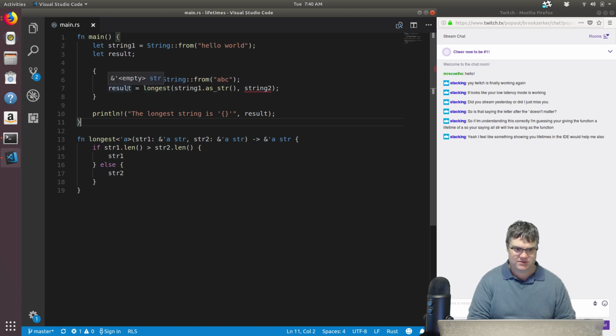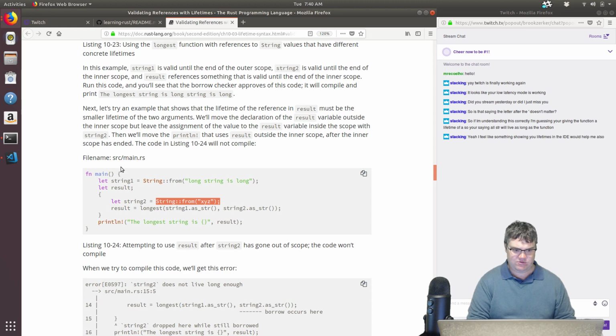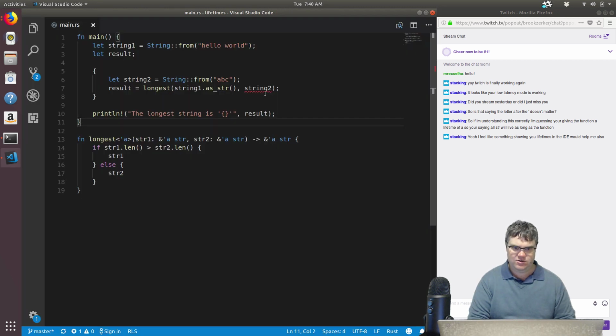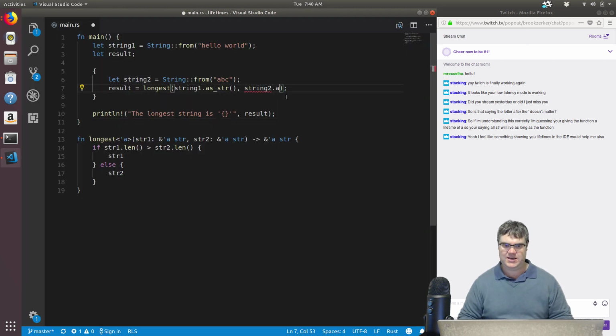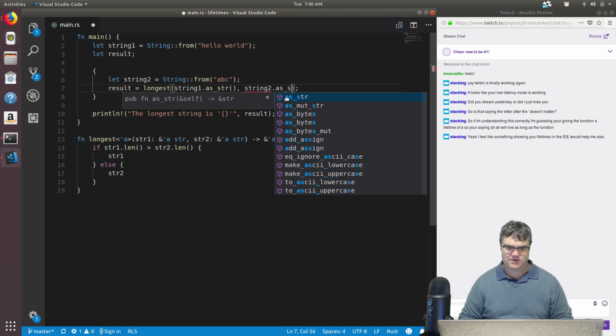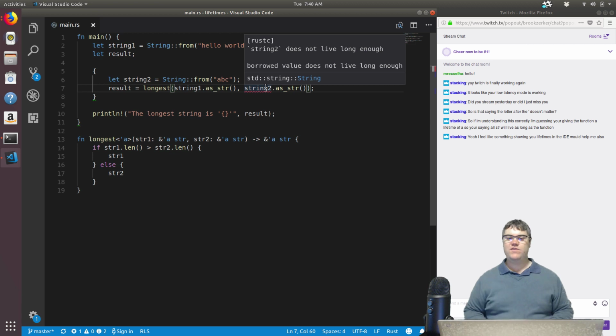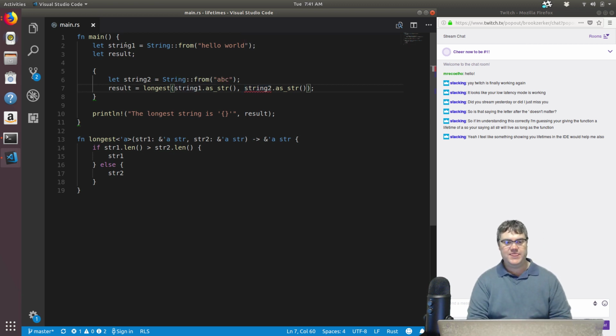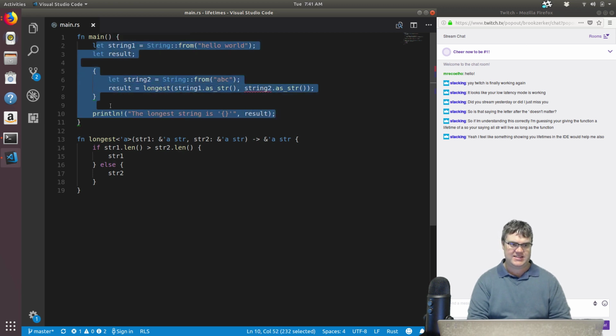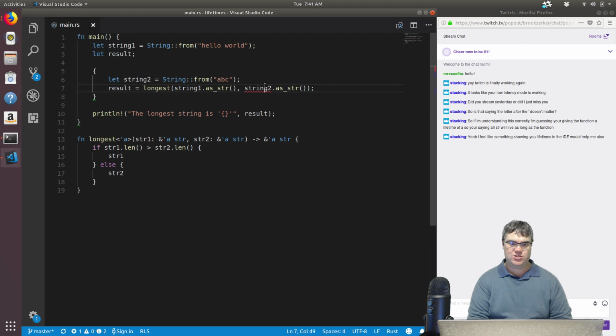Results. Are we still doing result in here? We are. So string 2 as_str. Borrowed value does not live long enough, which is interesting. So like string 1, it lives long enough because it's all the way through here. It doesn't get destroyed right here. Whereas string 2,